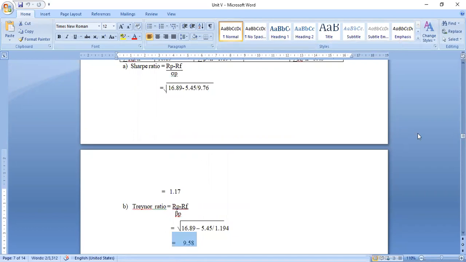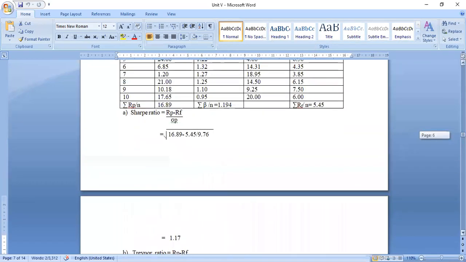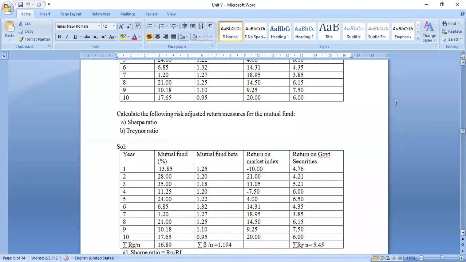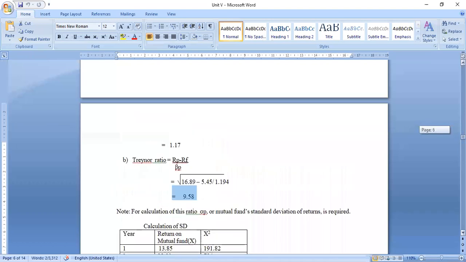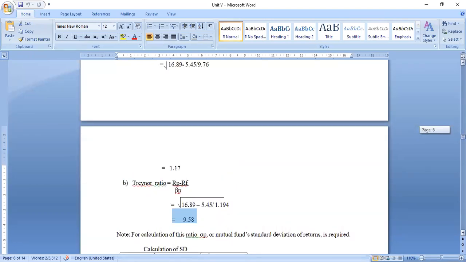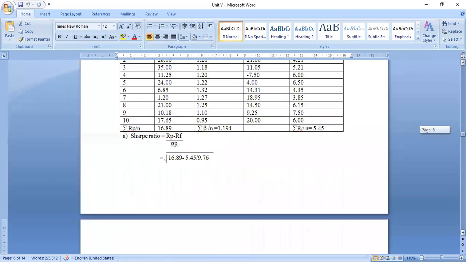Now moving on to that particular doubt as to why we have... Ma'am, in the formula, why have they taken the root for this problem in the solution? Which root? Ma'am, Sharpe and Treynor. Okay, I'm sorry. I guess this is a minus by mistake. Maybe it is by mistake.